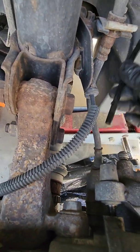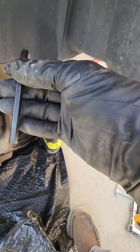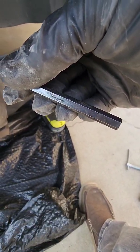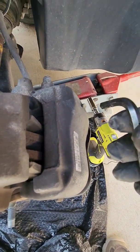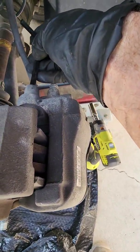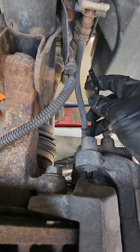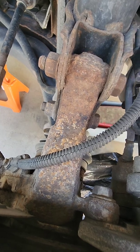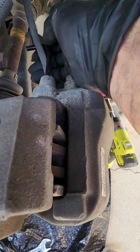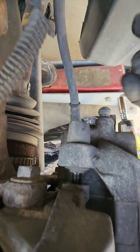This is, I think it's a 7mm. I read that, yeah, that's a 7mm. Okay, I read that it was, I don't know, an 8 or a 9. It's not an 8 or a 9 on a 2010. It's a 7. So you can put this on the Allen head screw, hex head, whatever you want to call it, and you keep turning it until it stops. Well, it doesn't stop, but it stops coming out because if you look,